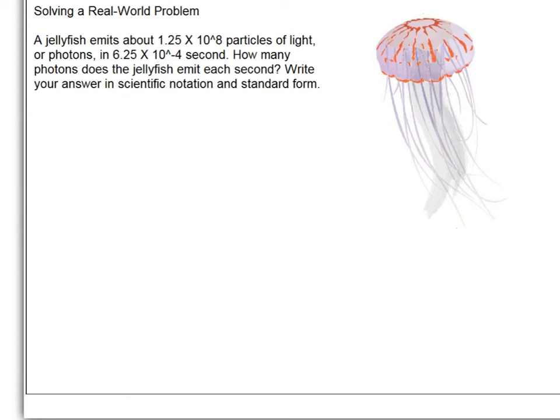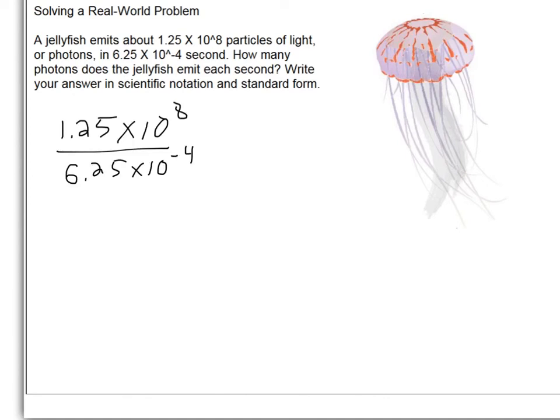If we were to write out both of those numbers and do the calculations, it would be a large, cumbersome task, but we can use the properties of exponents to get done what we need to do. Since we're looking to figure out how many photons the jellyfish emits each second, we just set up a fraction that is the particles of light emitted divided by the number of seconds that it takes to emit that amount of light. So you can see that I have 1.25 times 10 to the 8th divided by 6.25 times 10